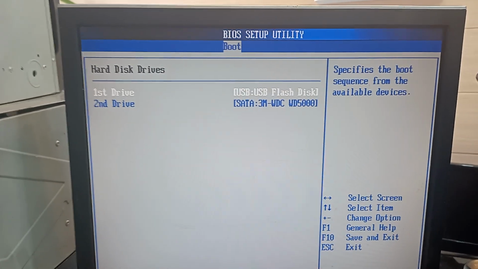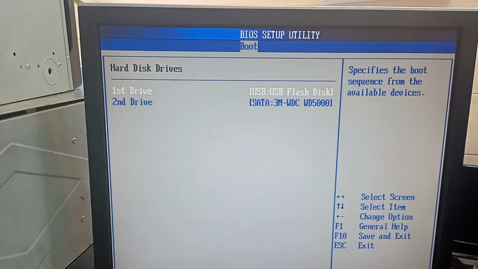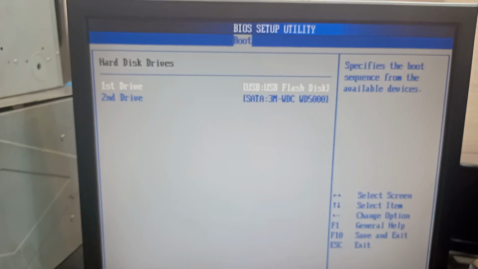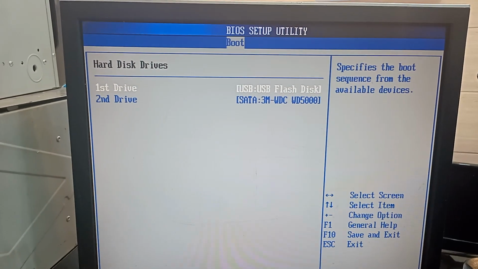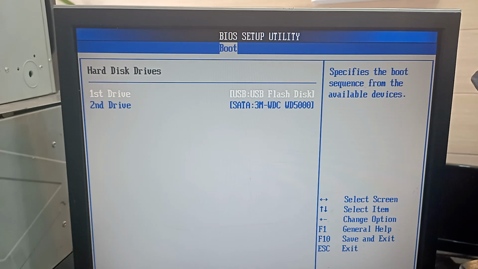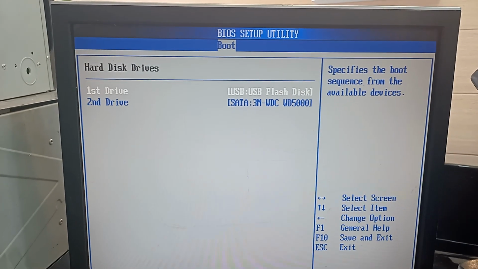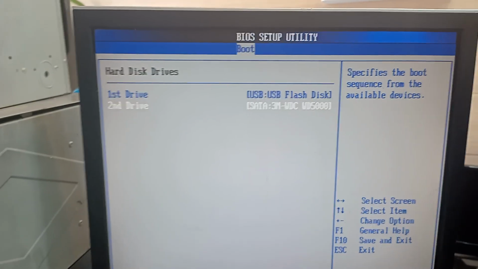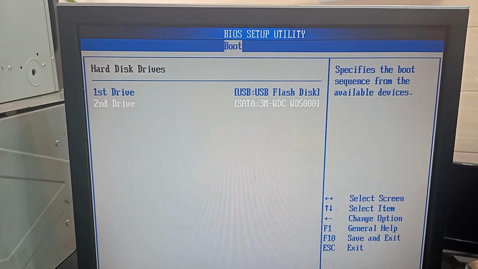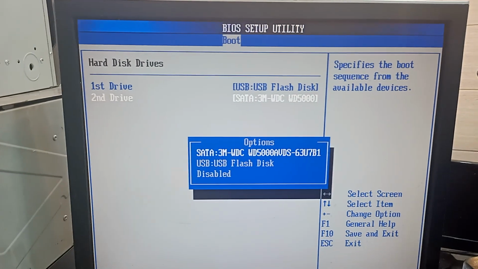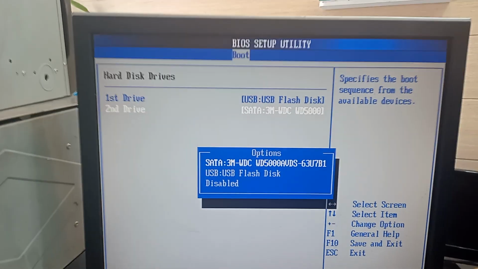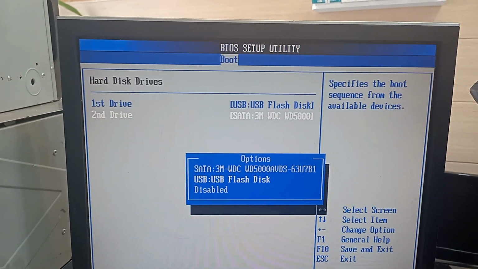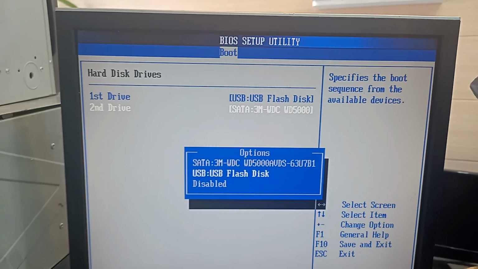Previously I've chosen USB flash disk as the first HDD or hard disk drive, so it is okay. But if you want to choose any of these one as the first, you should go on and press enter,